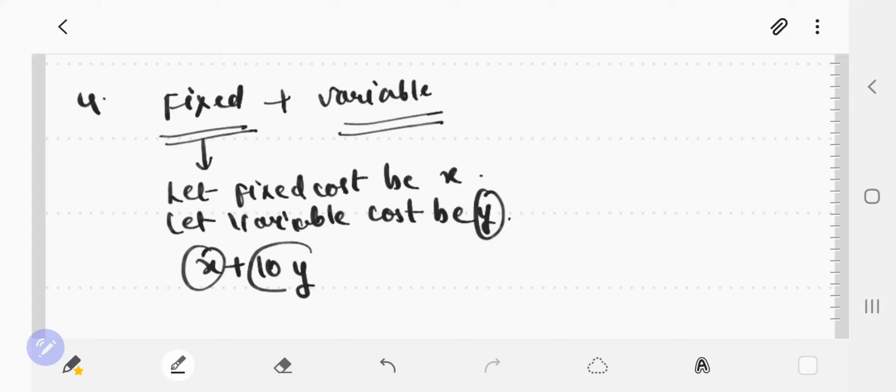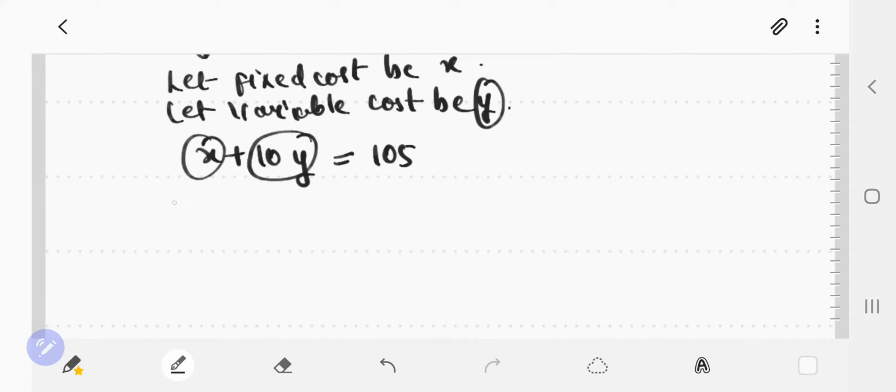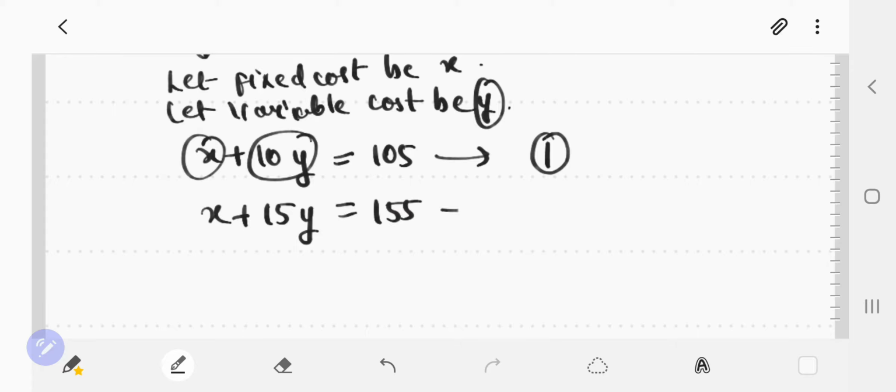Fixed cost, along with that you add variable cost, and the total you have paid to the driver is 105 rupees. Okay, and now if you have another case, so that's your equation number 1. In your other case, fixed cost will be the same, but the distance you have covered is 15 kilometers, so the variable cost will be 15y, and the total cost you paid to the driver is 155, and that's your equation